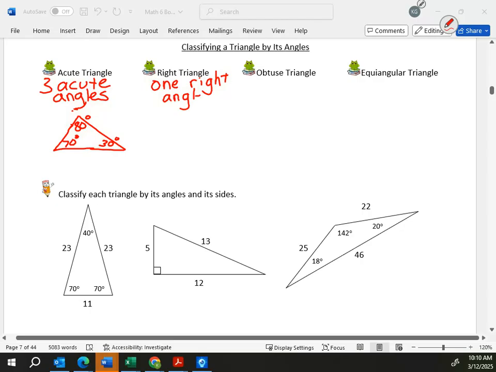Why can there only be one right angle? Because if there's 2, then you can only do 3. Yeah, if we had 2 right angles, that right there equals 180 degrees. I have 3 sides, but is it a triangle? No. So our right triangle only has one right angle,